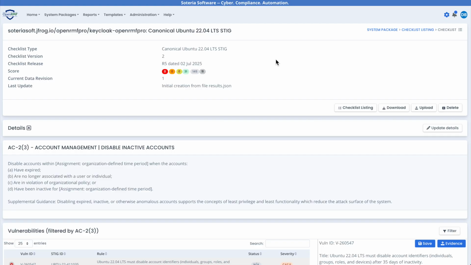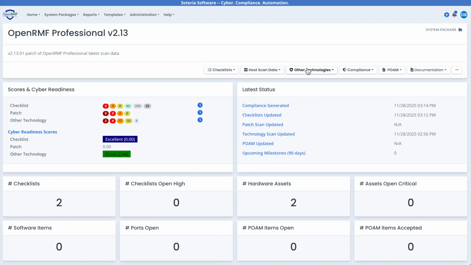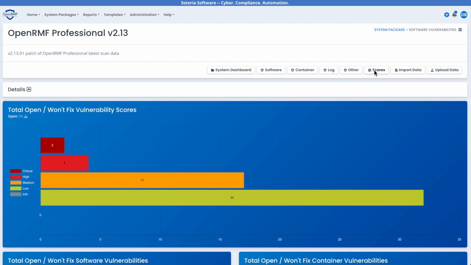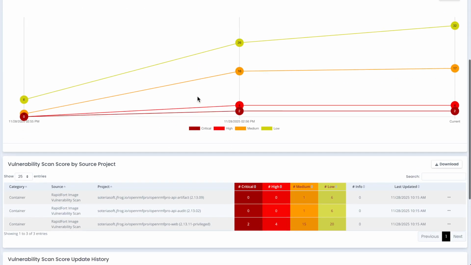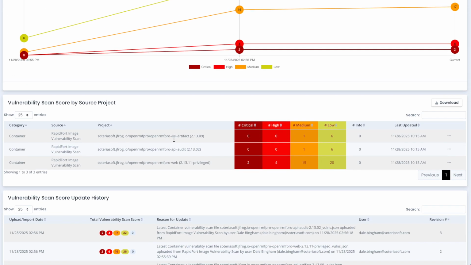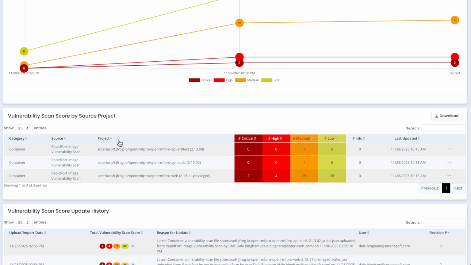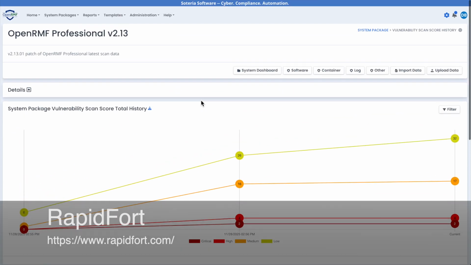After you go through and you do those and you see how it works, you can also go to your other technology scans, look at the different information on your vulnerabilities, see where you are on that, and then again, use RapidFort and their profiler to harden, shrink your SBOM, get your image into the limited number of CVEs possible, and go from there. For more information, you can go to